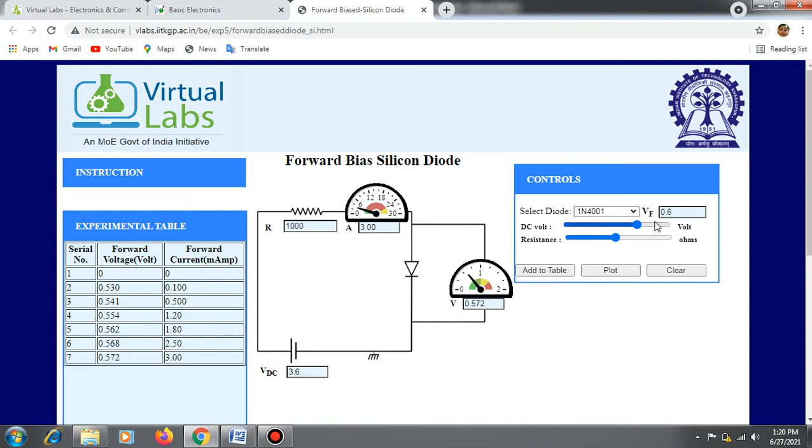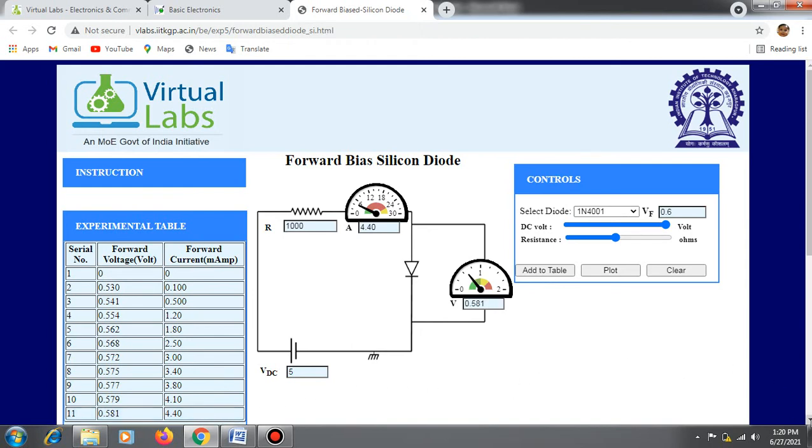So do the same procedure up to the last value. So vary the DC volt, then click add to table, then the values are recorded in the experimental table. Now the last value is 5 volt. VDC value is 5 volt. When you add this to the table, the value is noted in the experimental table.